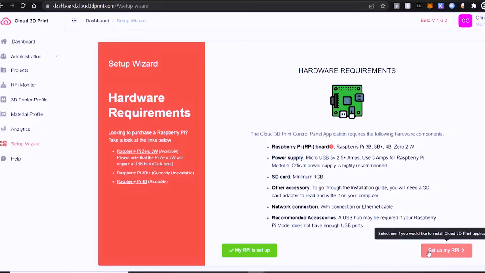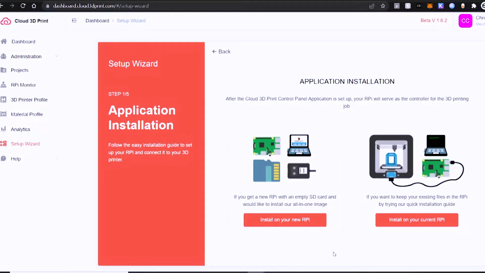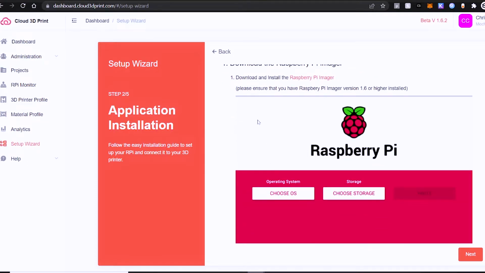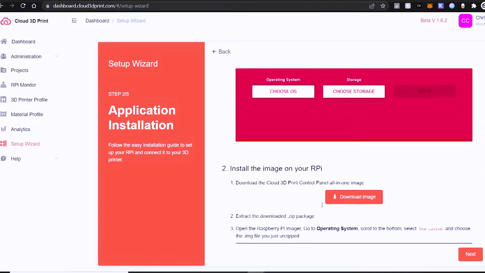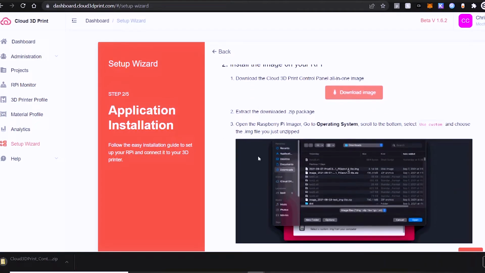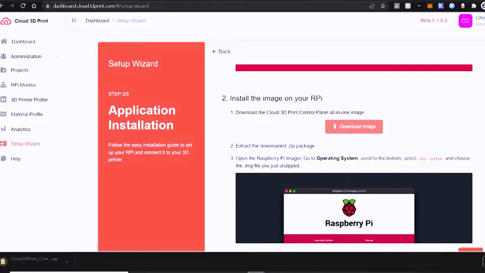They have a really easy to follow walkthrough guide that's going to allow you to set up your Raspberry Pi, and if you've never done this before, it's very easy, and they have all of the details in one spot, which is very convenient. If you're coming from the Octoprint world, this is a very similar process, and you can just download that image, and you're going to be using the Raspberry Pi imager to flash that new image onto